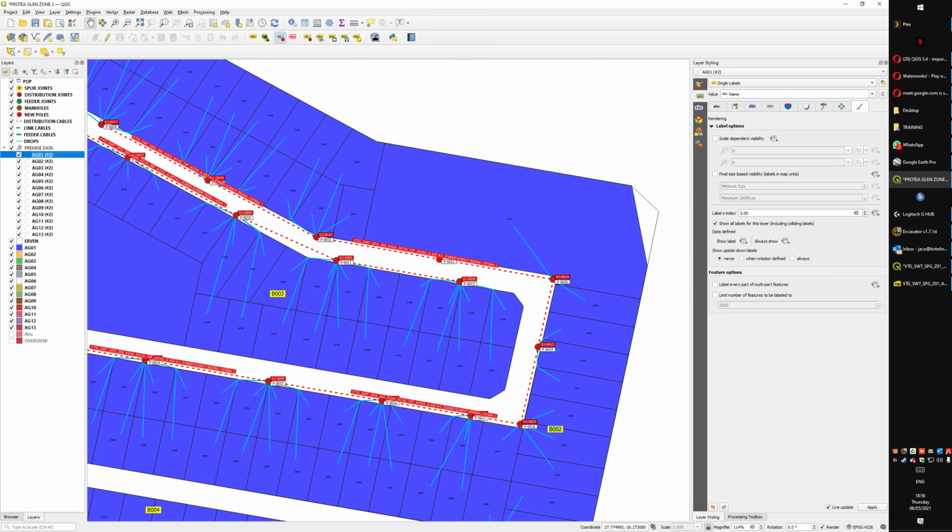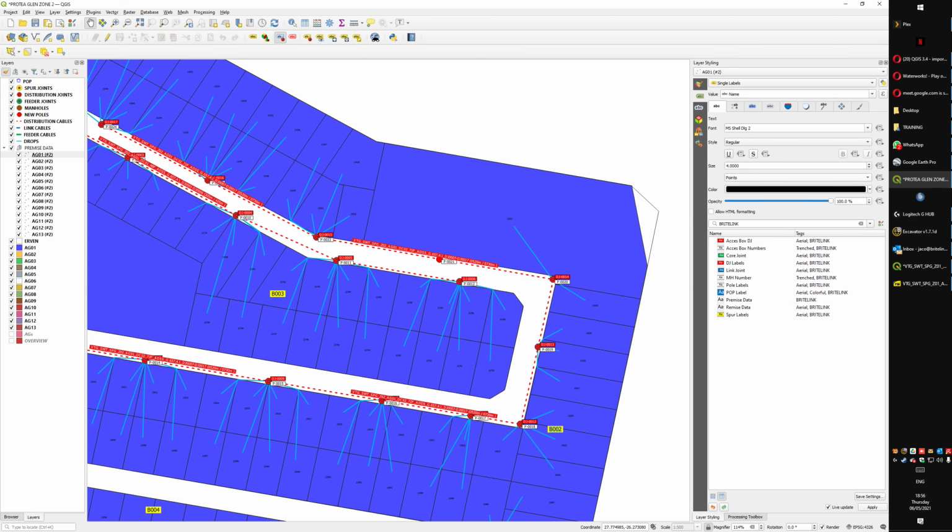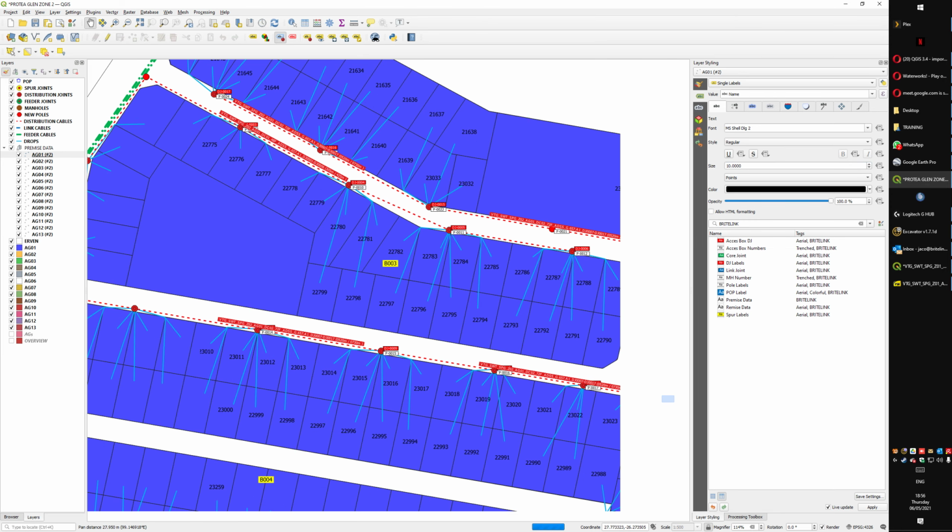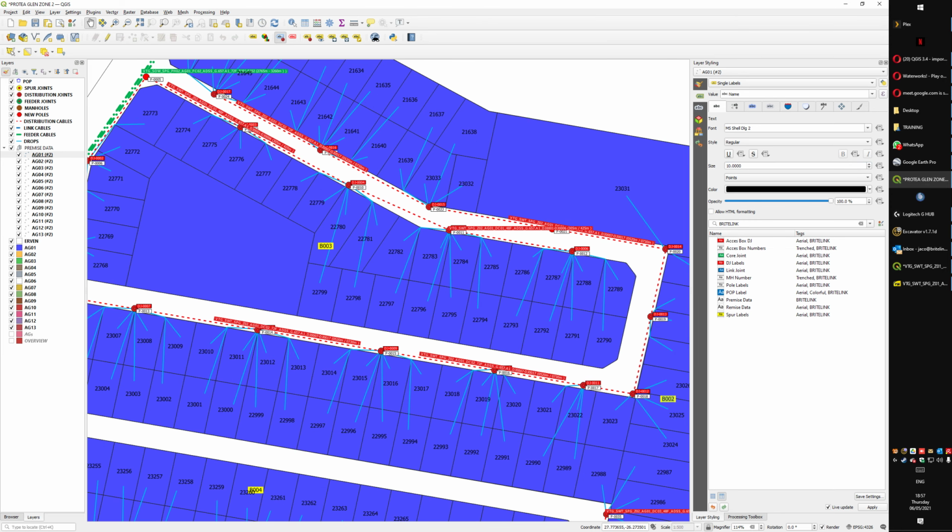So what I'll do is I'll just use the default size of 10 again, and everything looks like it's proper size. So what I might suggest is creating a different version for the overview and using smaller icons there, and then using the standard size icons for your block